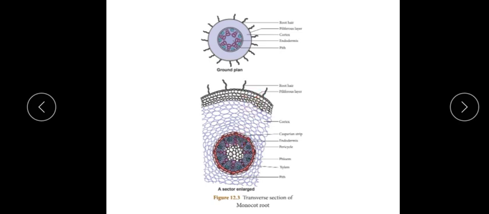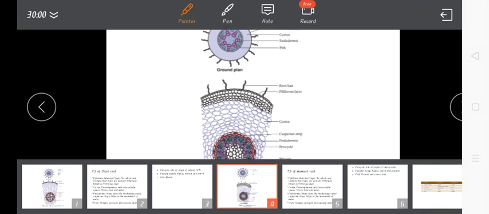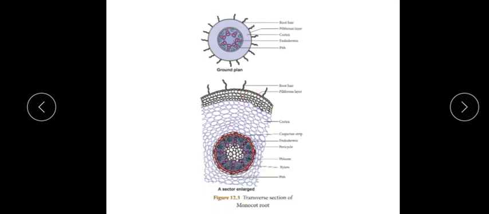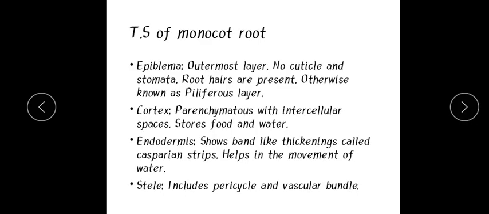Now the terminology changes. Here it is called as cortex. Here it is now called as pith, because both has got a different function. Now the function of the pith is to store food. If there is going to be excess food in nature, the starch grains especially can be stored in the pith. Okay. You can have a fast sum up of what we have learned.